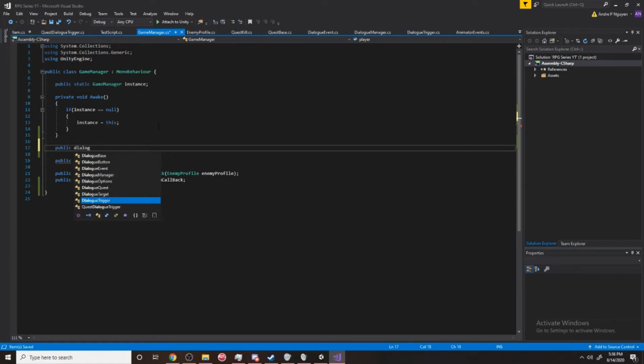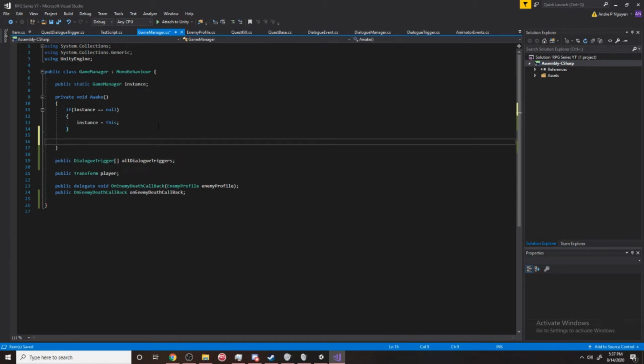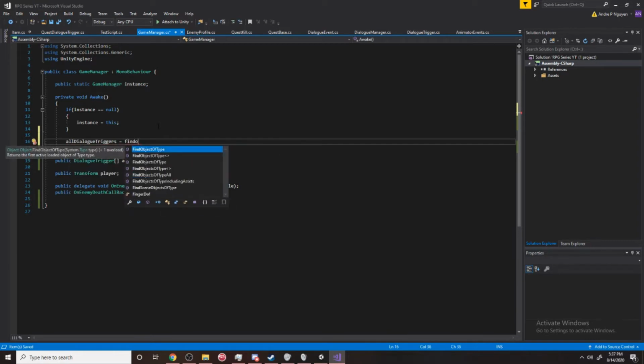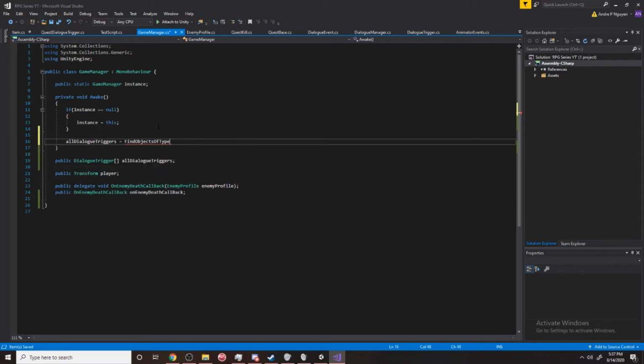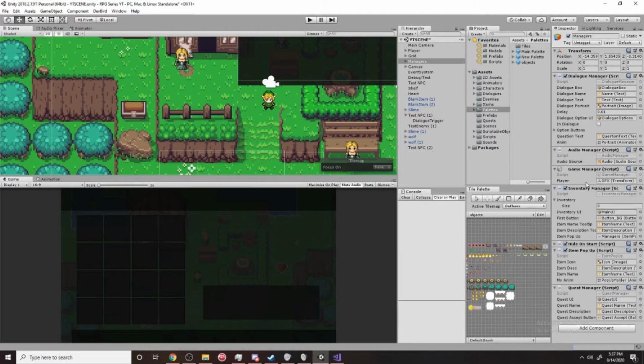We'll call this dialog triggers, and then we'll make it an array, and we'll call this all dialog triggers. And simply in the wake function, we can just say all dialog triggers equals find objects of type objects. So we make sure that the S is there. If it's not, then it's only going to give you 1, and because you're having an array, it's not going to make sense. So then we want of type dialog trigger, and then we can go over to our game manager here and wait for it to appear,